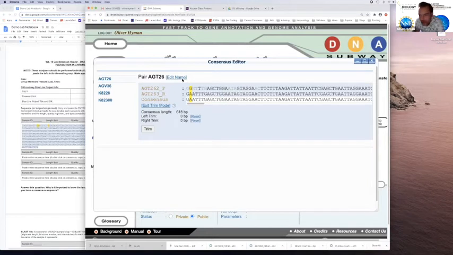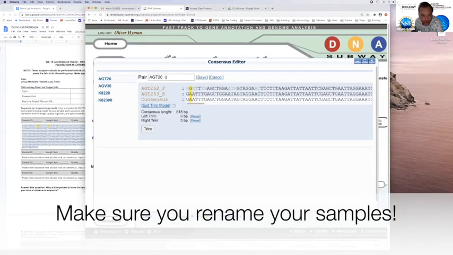The other thing that I highly, highly recommend that you do anytime you trim a sequence is edit the name of it. So AGT26 is not super informative, and especially if you've got a bunch of samples that are AGT26, AGV36, K8228, or whatever it is, it starts to get really confusing in downstream analyses, keeping track of all that stuff. So I might change this one to Ollie sample moth or something like that. I don't even know if that's a moth or not, but the idea here